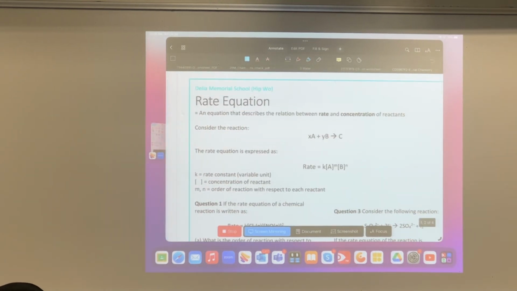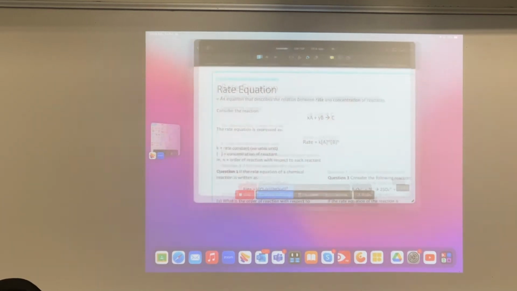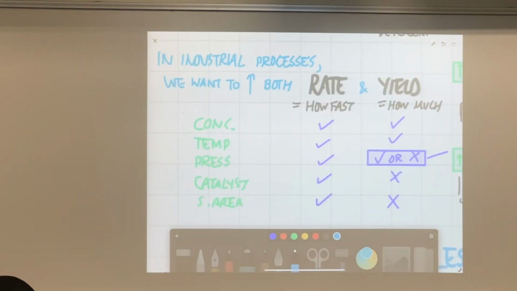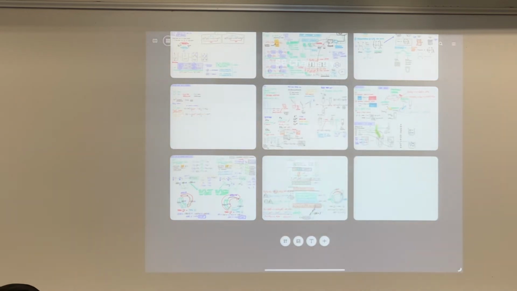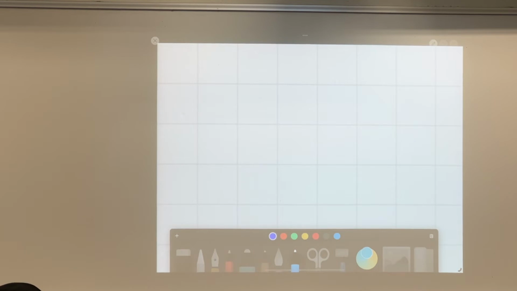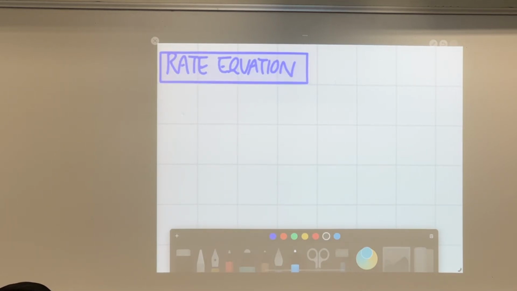So we look at the first boring part of industrial chem: rate equation. You all should remember that rate is affected by concentration, like we saw. But sometimes increasing concentration will increase rate linearly, while at other times changing concentration will increase the rate exponentially. So in order to describe how the concentration affects rate, we have to use something called a rate equation. This is also on the worksheet, but you may want to put this in your notes as well.